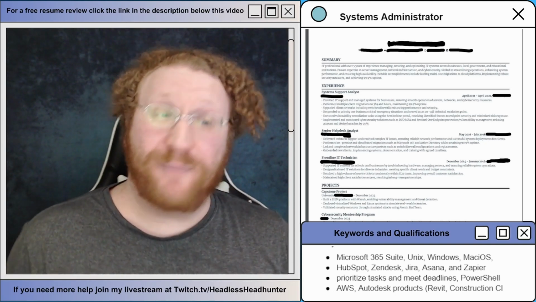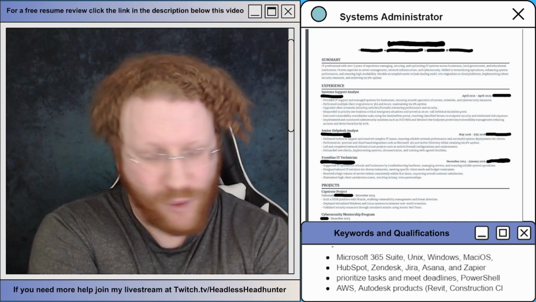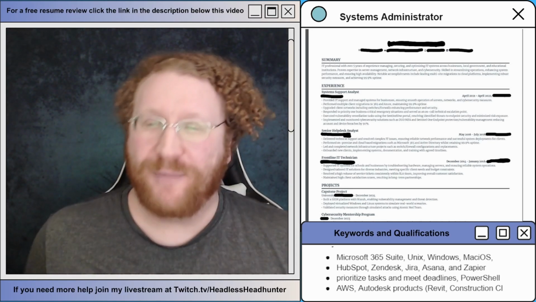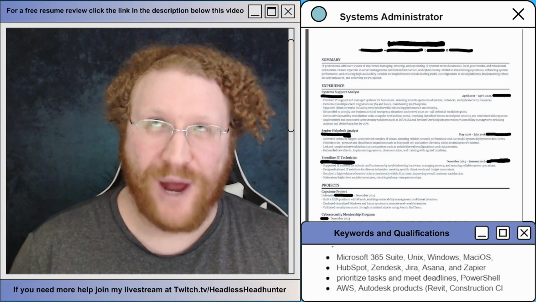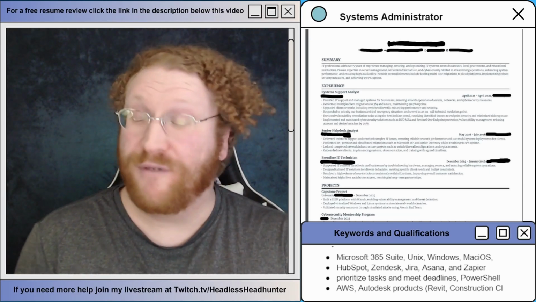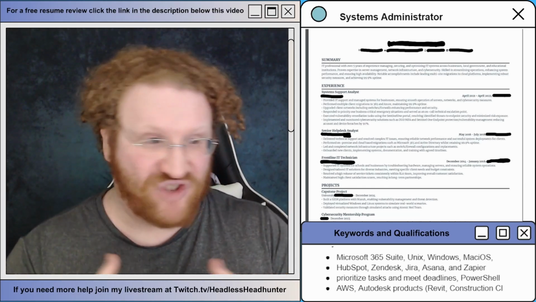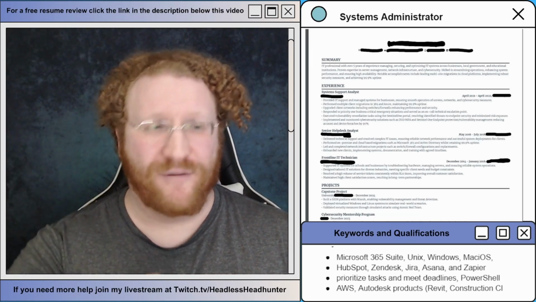They sent this as a PNG, which is bad. Please don't send it as a PNG. Just Word doc or PDF. Both are fine, but not a PNG. The fact is you may not actually be able to be read by the ATS if you send a PNG. I've definitely seen some weird file types that just did not parse, but as long as it's a PDF or a Word doc, you're fine.